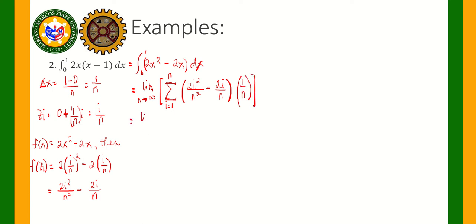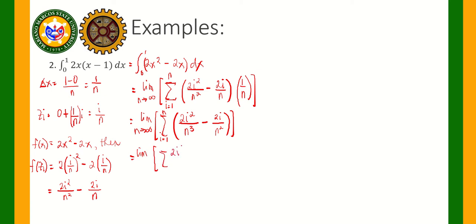So, simplify natin siya. Limit of the function, the summation of 2i squared, so distribute natin siya, all over n cubed minus 2i all over n squared. Of course, i equal to 1 to n and n approaches infinity. So, separately natin silang summation. So, this is equal to